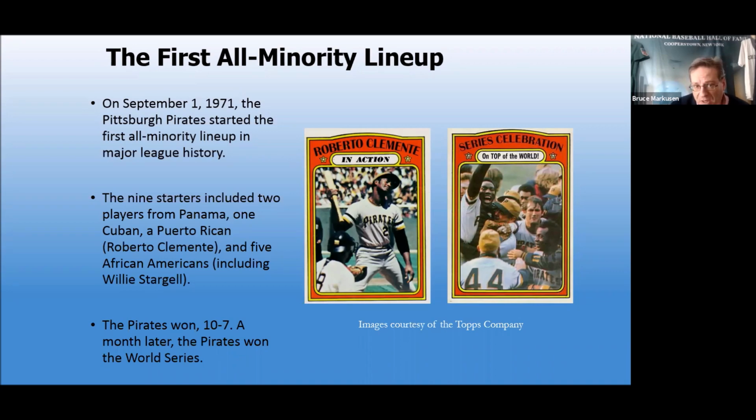Willie Stargell. Now that day, September 1st of 71, the Pirates won the game 10-7, but that's not really important. What's important is about a month later, basically this same Pirate team would win the World Series. They would defeat the heavily favored Baltimore Orioles 4-3. So here's a team that essentially showed what integration at its finest could do. By going out and getting the best African-American players, the best Latino players, the best white players, bringing them all together, you could put the best team out on the field. And that's ultimately what it's about in the major leagues, trying to win, trying to put the best team out